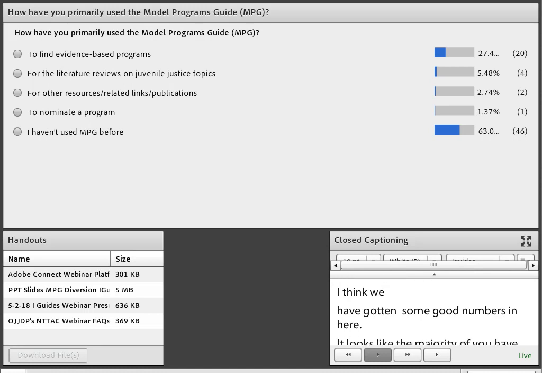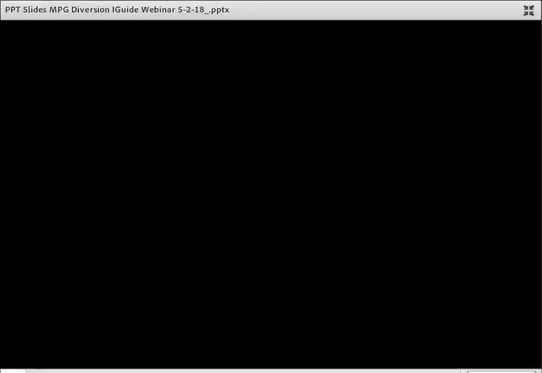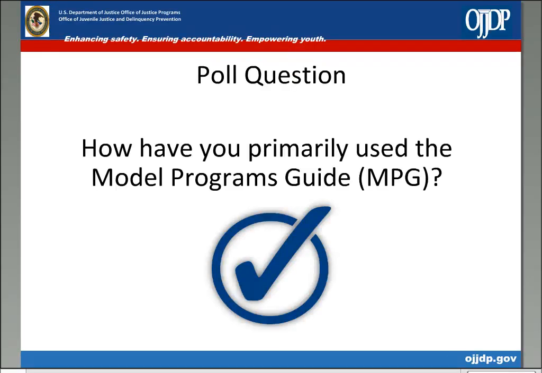It looks like others have used Model Programs Guide to find evidence-based programs, which is the longest running content and in a lot of ways the core content on the site. So that's great to hear that that's second most popular. All right. So I think we're going to close this poll and then ask you all one more question about